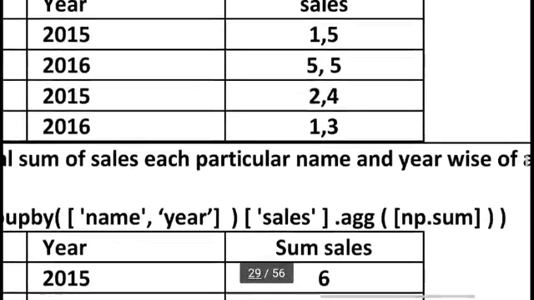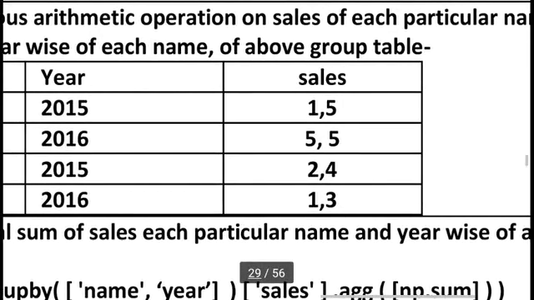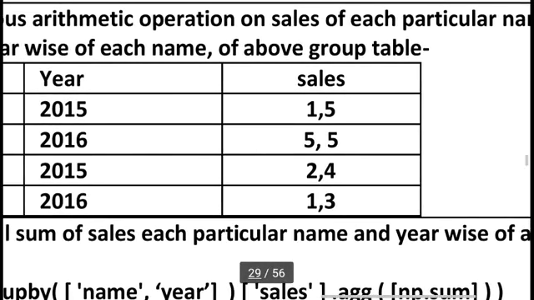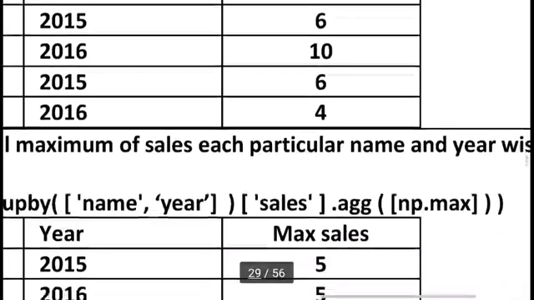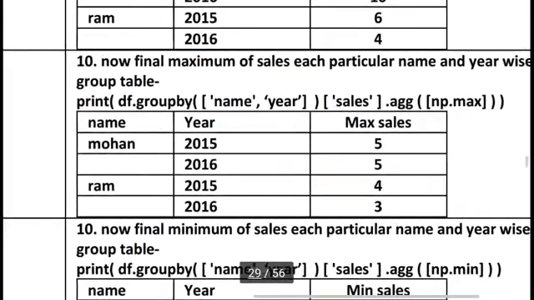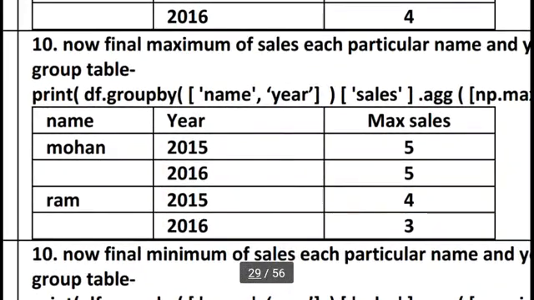So you can see 1 comma 5 the maximum is 5, 5 comma 5 maximum is 5, 2 comma 4 maximum is 4, 1 comma 3 maximum is 3. So we can see this is a very important analysis. You can see in Mohan 2015 maximum sale is 5, in Mohan 2016 maximum sale is 5, Ram 2015 maximum sale is 4, and Ram 2016 maximum sale is 3.